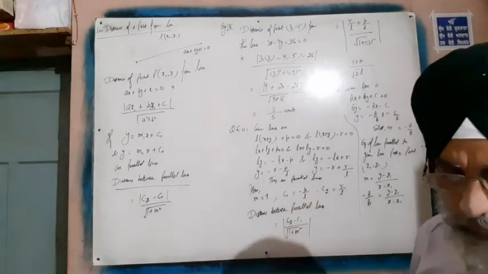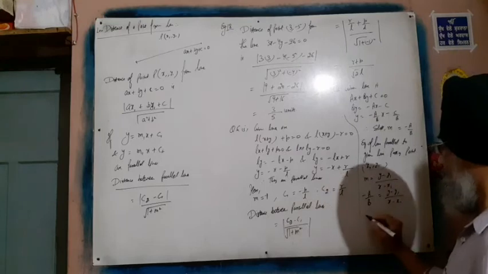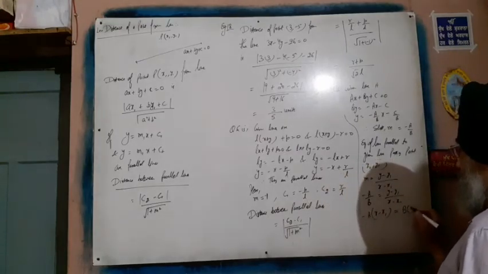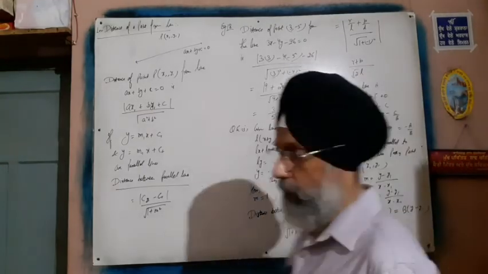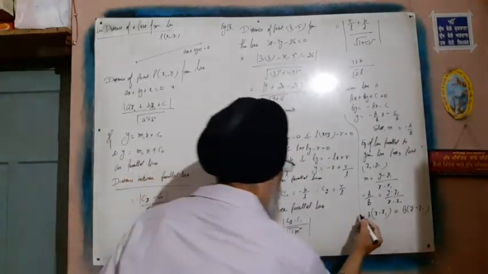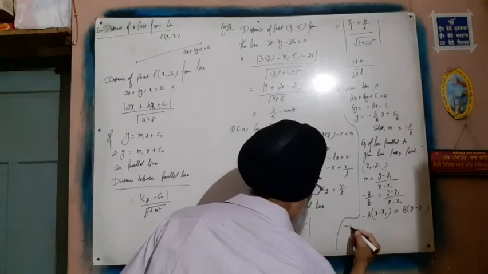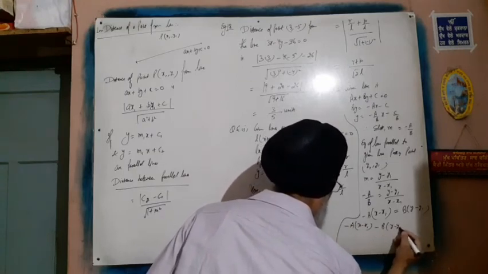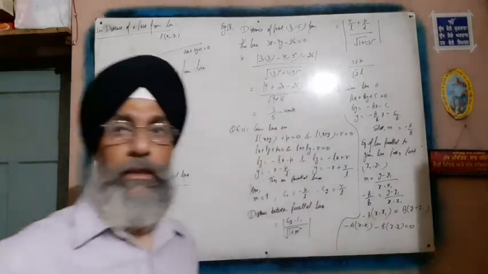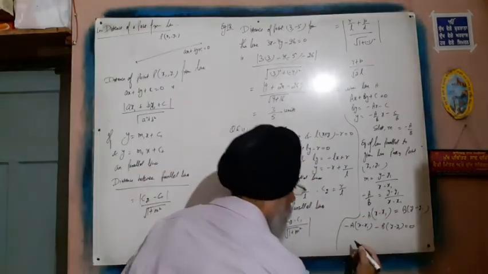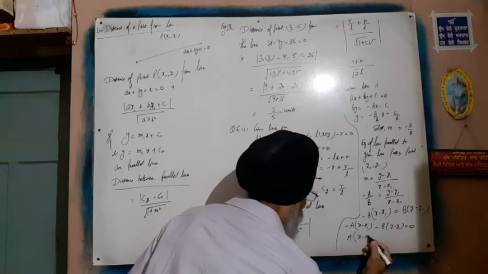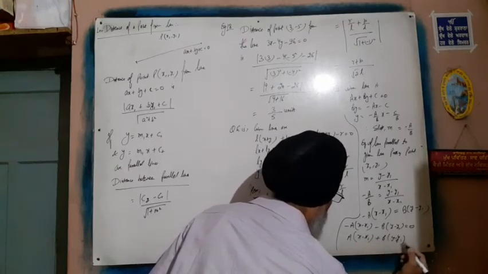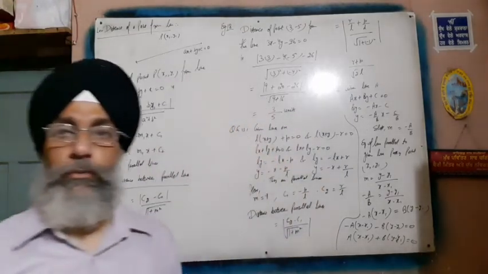What we have to prove? We have to show a(x minus x1) plus b(y minus y1) is equal to 0. So minus a(x minus x1) upon b(y minus y1), then it becomes minus a(x minus x1) is equal to b(y minus y1). If we take b to this side, taking the negative sign common, so a(x minus x1) plus b(y minus y1) is equal to 0 is the required equation of the line, and that we had to prove here.